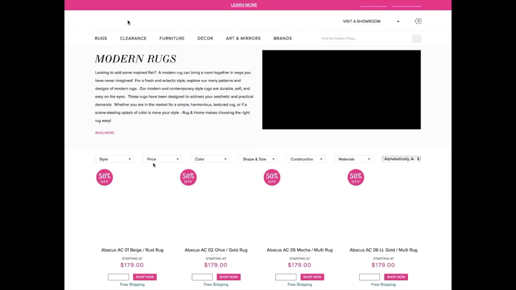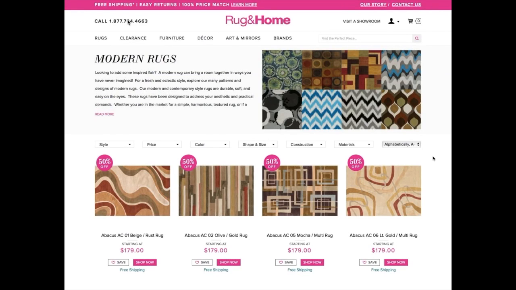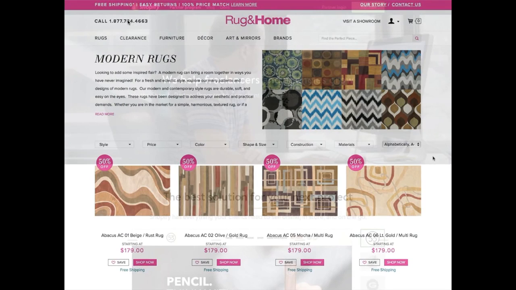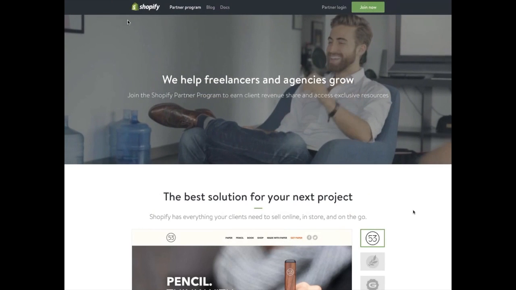And as you can see, every site is very dynamic because Shopify really gives you the ability to design anything that you can imagine. We're going to be using HTML, CSS, and some Liquid to make a dynamic Shopify store. So moving forward, the first thing I really recommend for everyone to do, if you're not signed up as